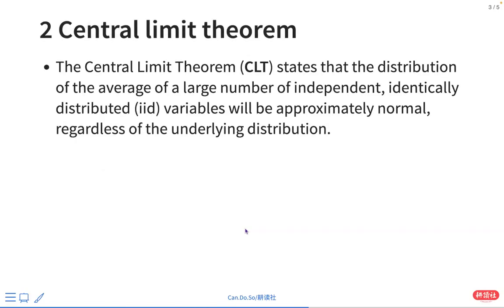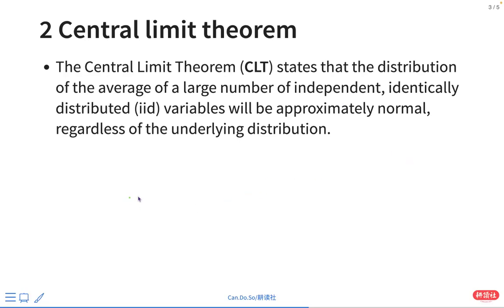Okay, what is the central limit theorem? The central limit theorem says that the distribution of the average of a large number of independent identically distributed variables, IID for short, will be approximately normal regardless of the underlying distribution. Okay, what does that mean? It means no matter what the distribution is,